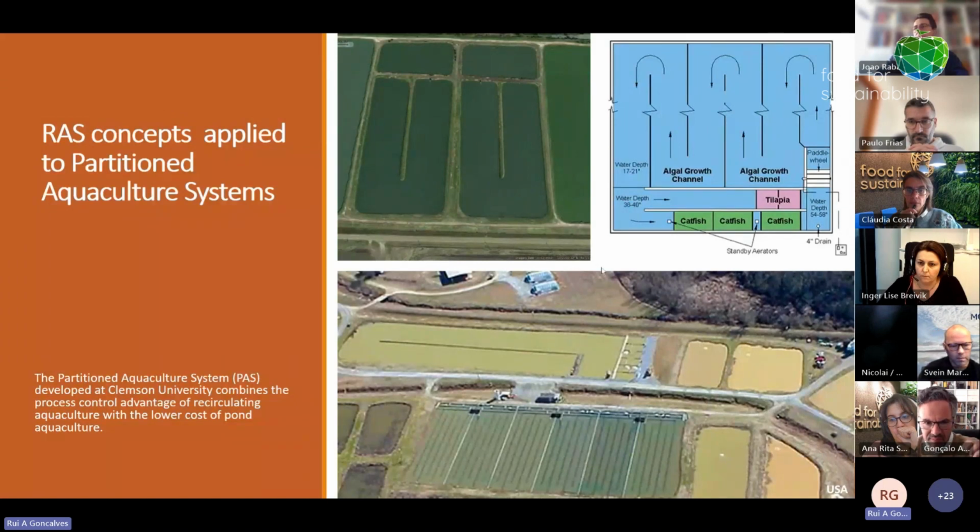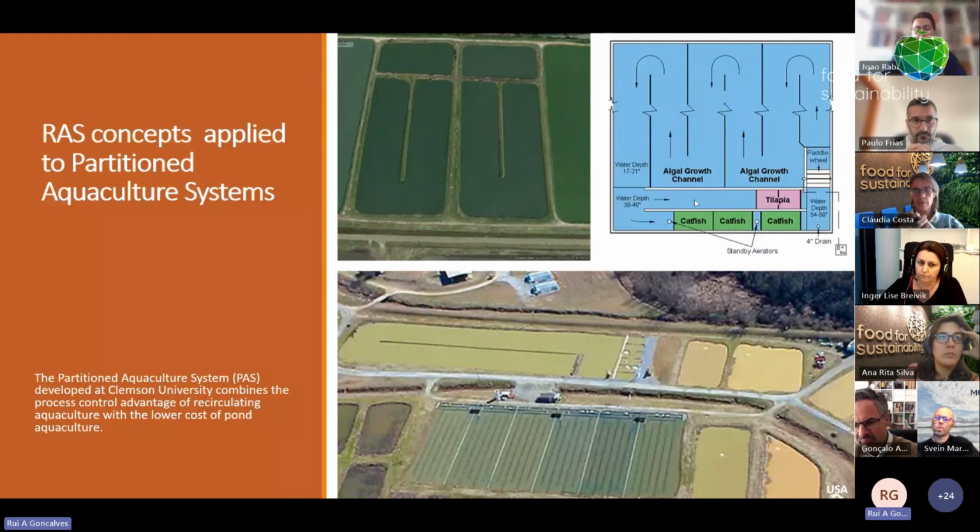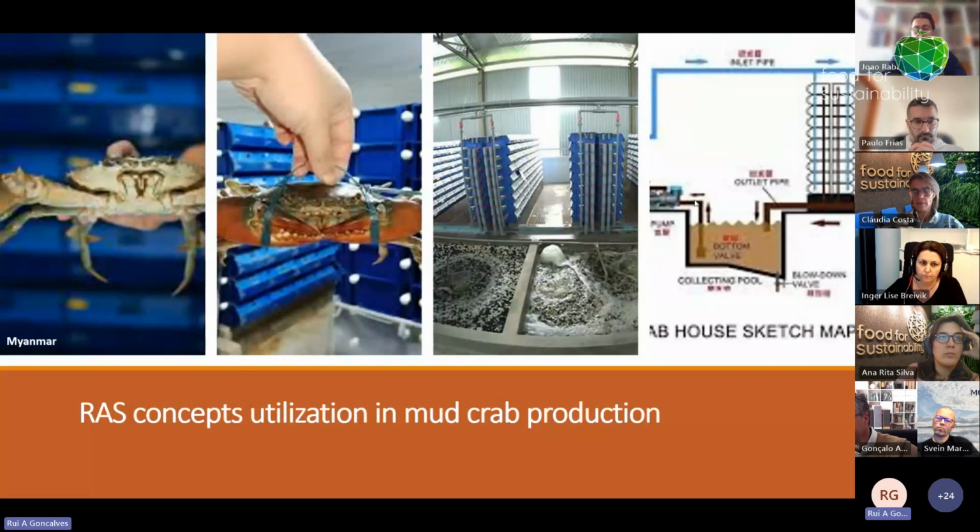And what they did was have a system of polyculture where they have tilapia especially, filtering the water, and then in the big raceways, they have the shrimp. And of course, after that, they have mostly sedimentation tanks. And all these systems were done in recirculating aquaculture with almost 5% or even sometimes less of water inlet. So another good example that is actually growing quite fast, especially in countries like Myanmar and Vietnam, is